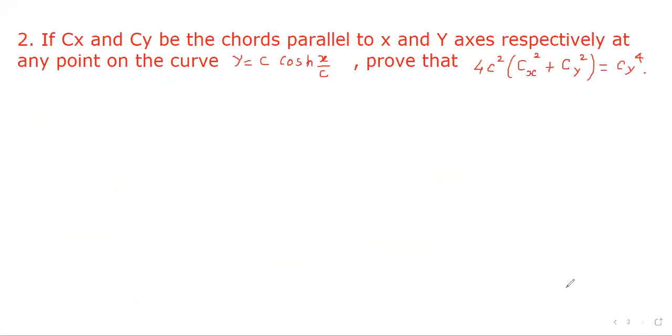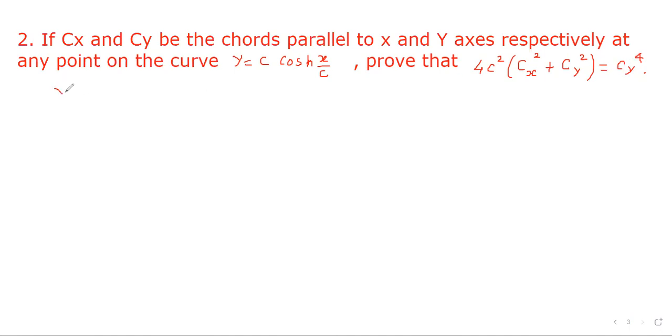We are given Cx and Cy as the chords parallel to the x and y axes respectively at any point on the curve y equal to c cos hyperbolic x upon c. Then we have to prove that 4c square times (Cx square plus Cy square) equals Cy power 4. So for this purpose,